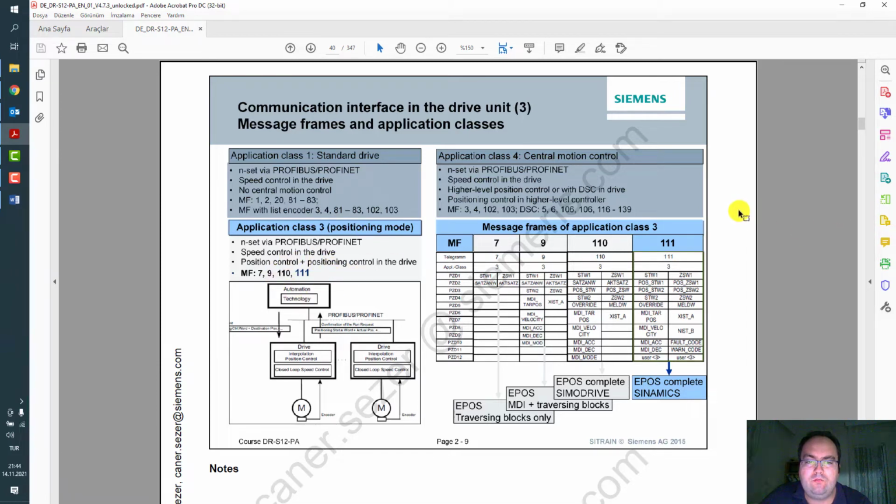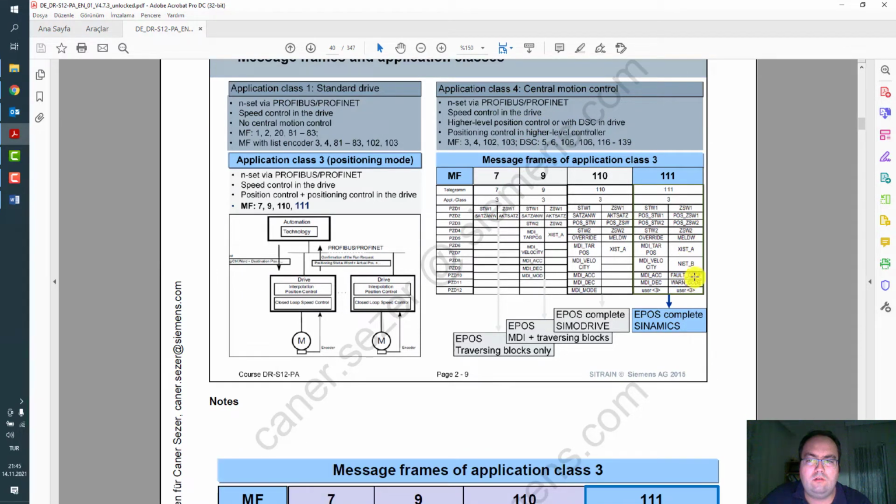In application class 4, central motion control means positioning control is handled in a higher-level controller like a SIMATIC PLC or SIMOTION motion control device, and dynamic servo control is activated. On the left side there is a picture that will explain the status.